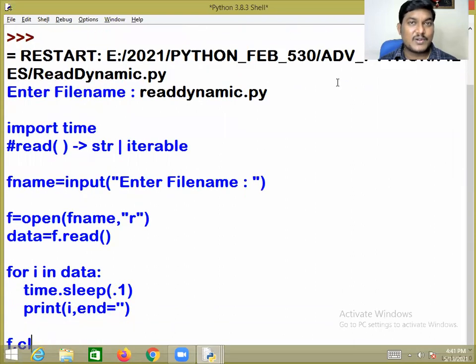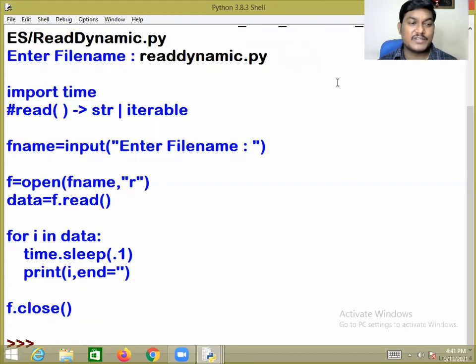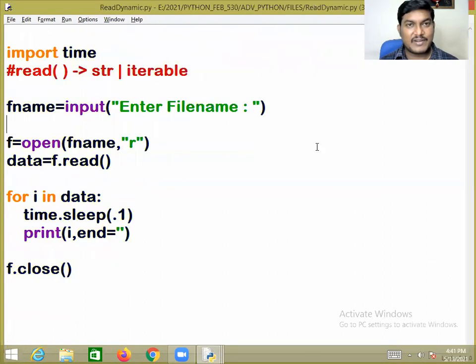I hope you guys have got a very clear idea about how to work with the read methods. Is that point clear? Very simple, right? These are what you all learned: read, readline, readlines. So that's all for now. I hope you guys got the point clearly.